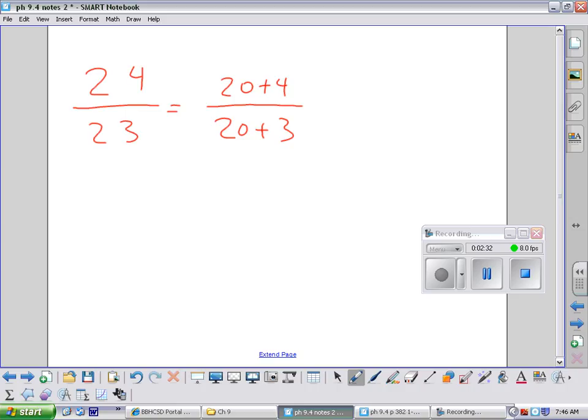Okay, but if I do this, I get 4 over 3. Is 4 over 3 the same as 24 over 23? My original fraction, if you will? That is not true. So this example right here is all you need to be able to see, hopefully, that